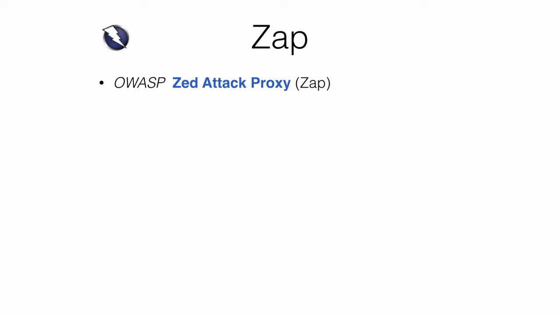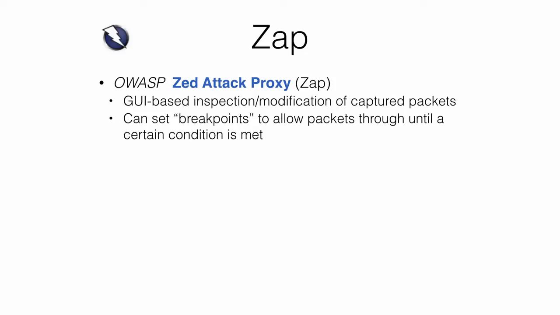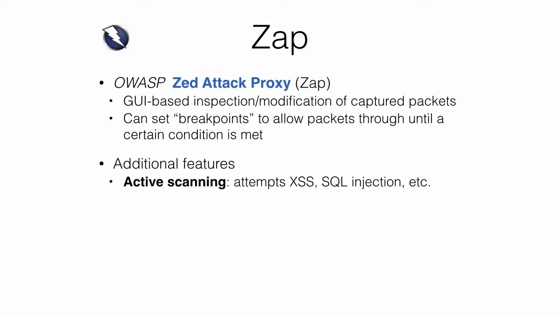One example of a web proxy is ZAP, the OWASP Z attack proxy. It provides a GUI that the pen tester can use to inspect or modify captured packets. It can allow the pen tester to set breakpoints so that packets can go through quickly until a certain condition is met, at which point the exchange is stopped and the pen tester can have a look or make a modification. ZAP has several other features too, like active scanning, which will attempt cross-site scripting, SQL injection, and so on,